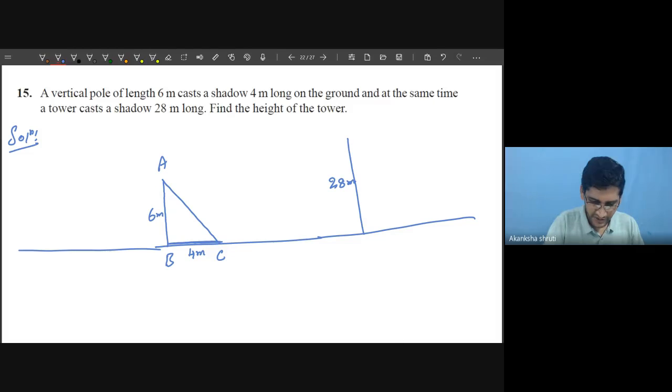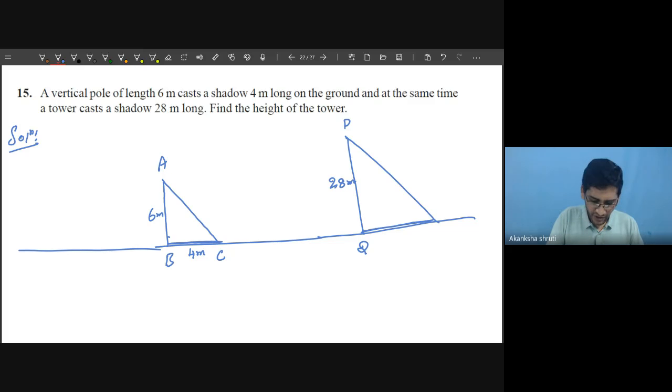You may name this tower as PQ. So what will be the shadow length? Now, student, what does this figure recall or remind you of? This simply tells that while the sun is at the same height,